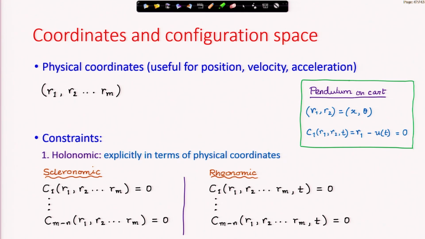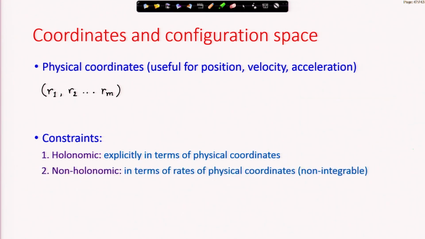Okay, when it is explicitly specified, then we have this rheonomic constraint. The second type of constraint is the non-holonomic constraint, and we have already met the non-holonomic constraint variety while discussing the rolling of a coin. Non-holonomic constraints involve the time rates of the physical coordinates in a way that they are not